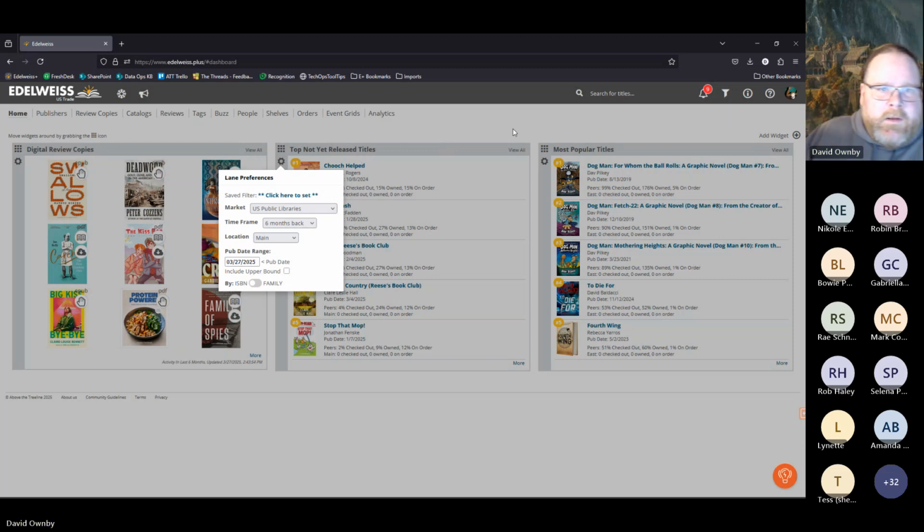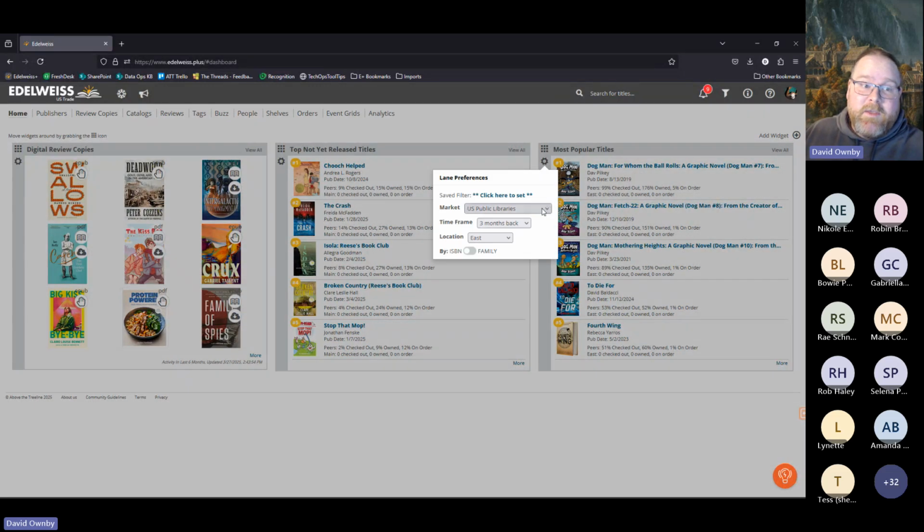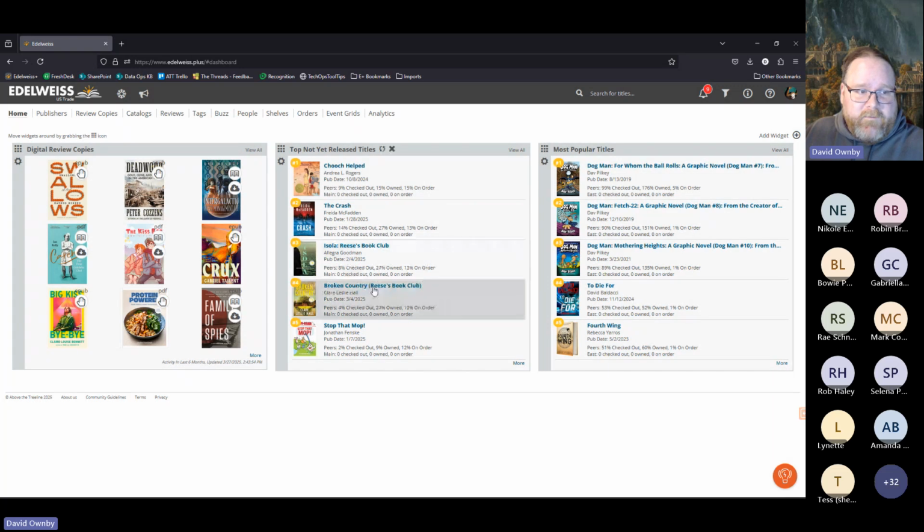Moving on to most popular titles. These are ones that are popular in the specific market that you're looking at. This may be where you want to look at US public libraries, because this will show you what's popular at public libraries that we've received ordering and collection information for across our subscribers and aggregators. And then you also have a different time frame index. You can get to title information for any of these by clicking on this link here,